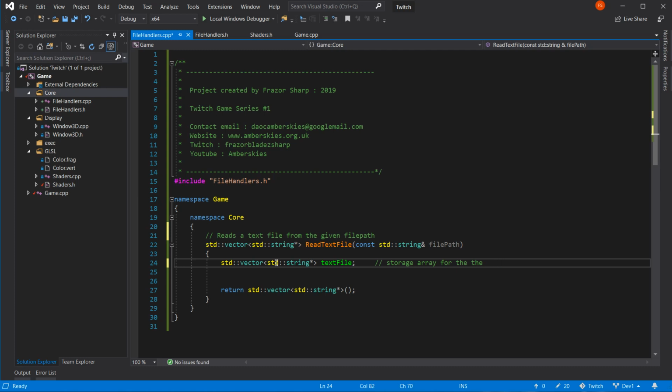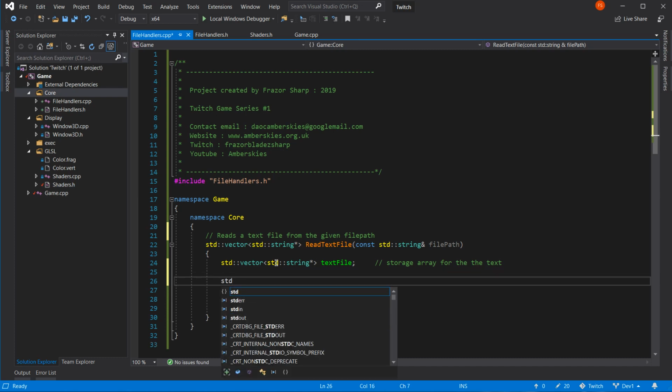No, I'll just put actually for the text. Good point. Yeah, I'll do it that way. Happy? Yep, I'm happy. That's alright. Let's do the next part then. What else do we need?